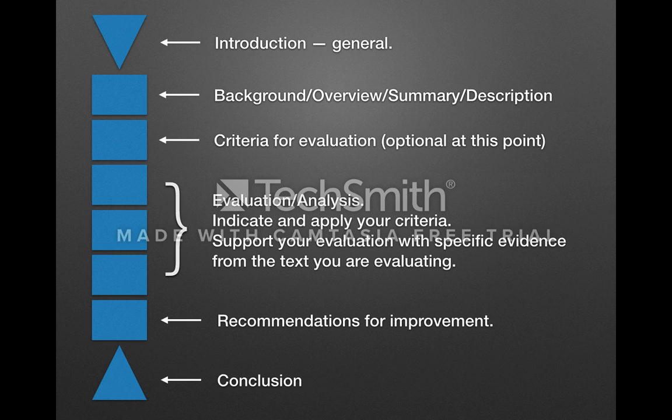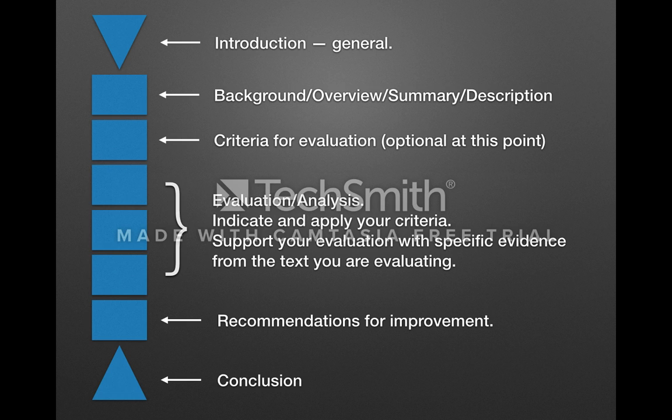Also, I think one of the difficulties here for some writers is that you are changing your rhetorical stance throughout this type of an essay, and having to shift, what am I trying to accomplish at this point in my essay. Okay, so the third paragraph here, typically the criteria for evaluation. Sometimes I put parentheses around this paragraph because it's optional at this point. In a formal critique, we would probably have a statement of criteria,